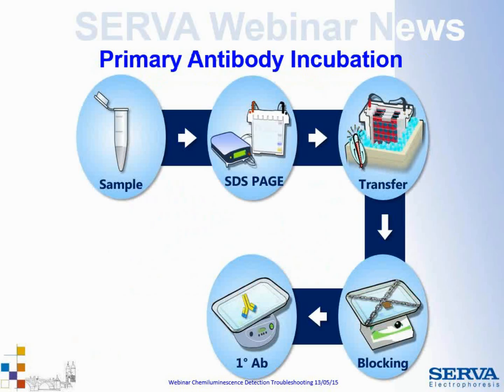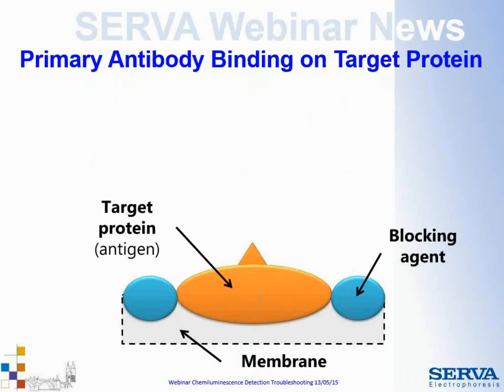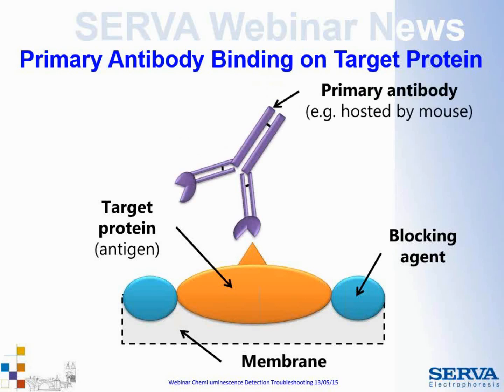After this, the first antibody incubation follows. The primary antibody binds specifically to a target protein, the so-called antigen. It recognizes the antigen and binds, and the primary antibody can be hosted by mouse, for example, and this is very important for the choice of the secondary antibody,